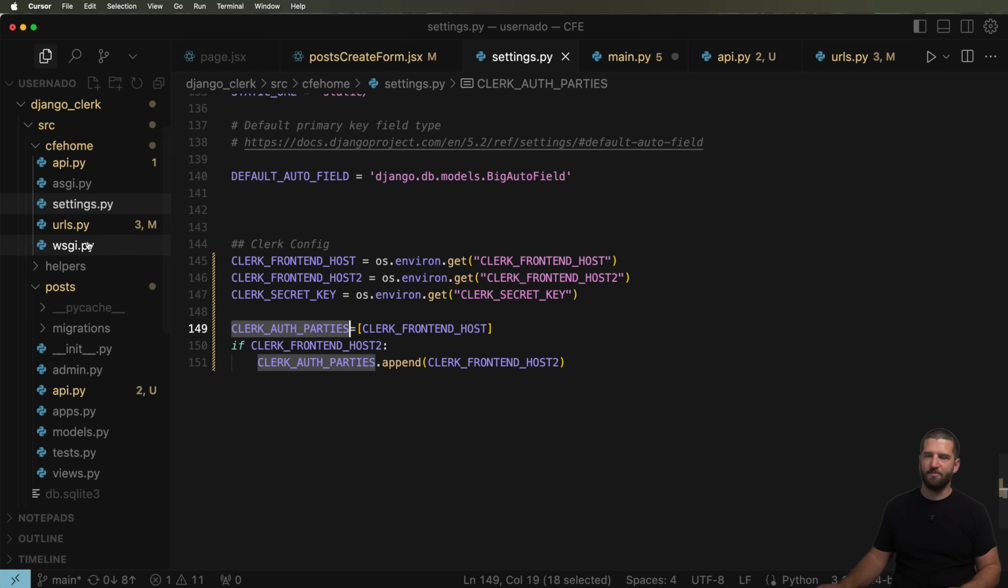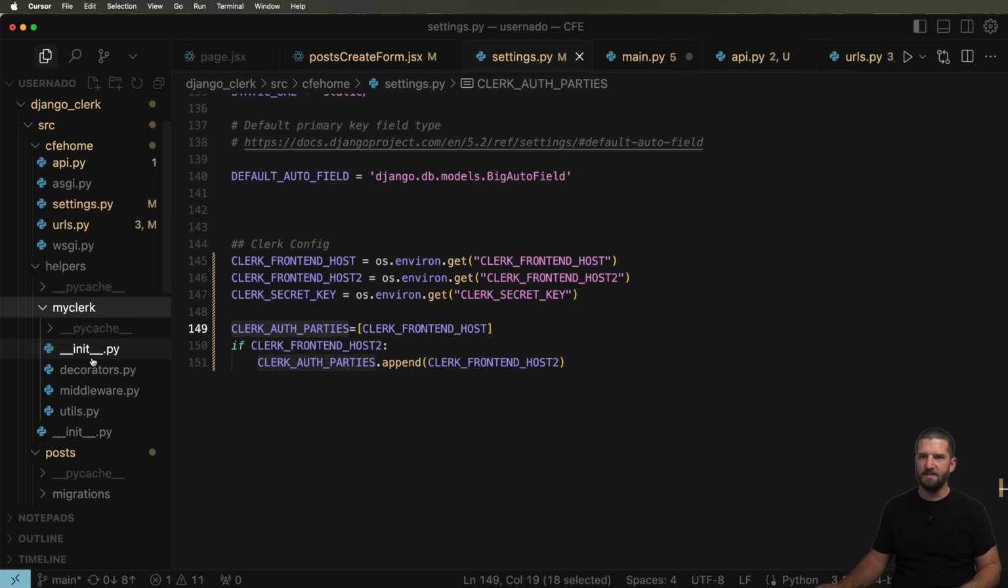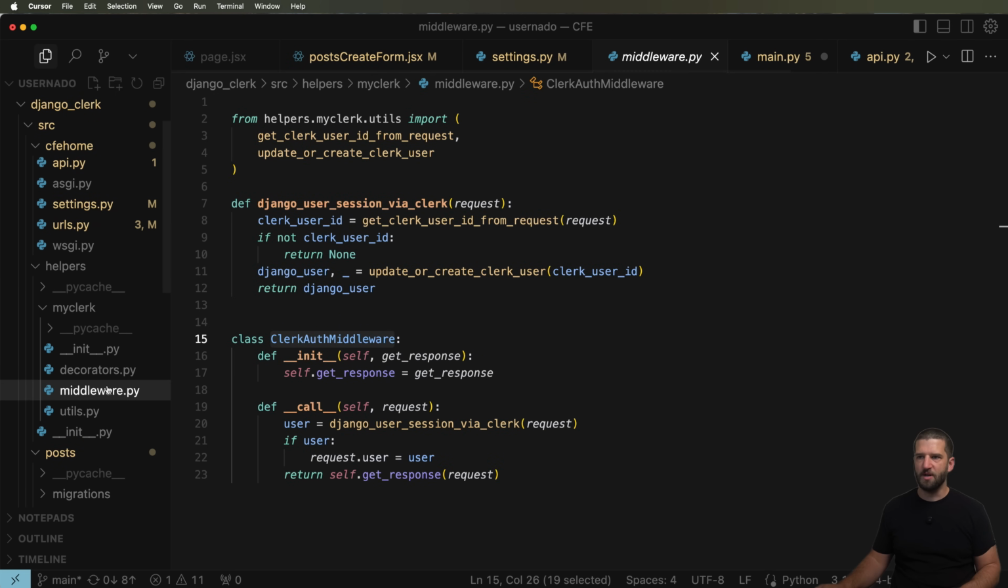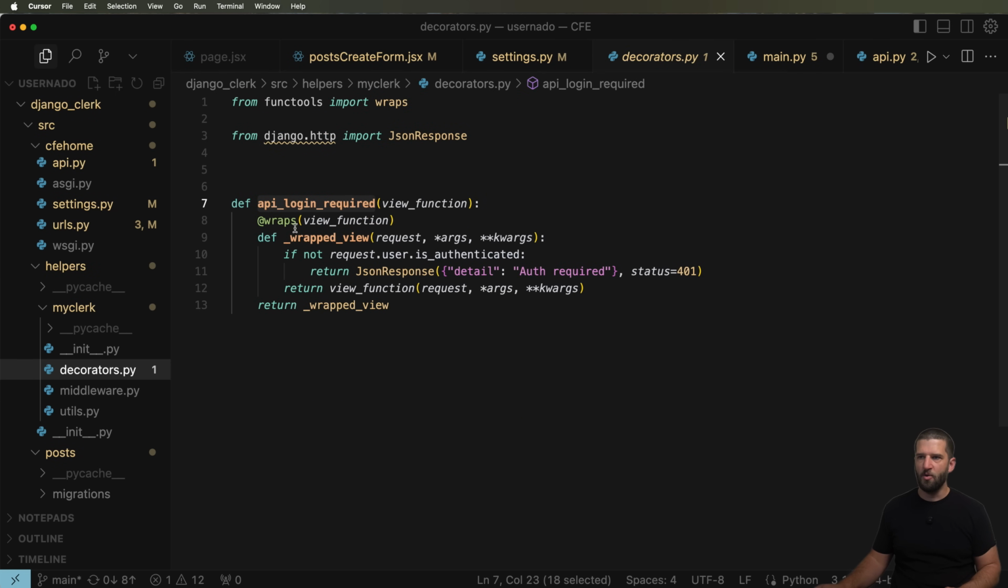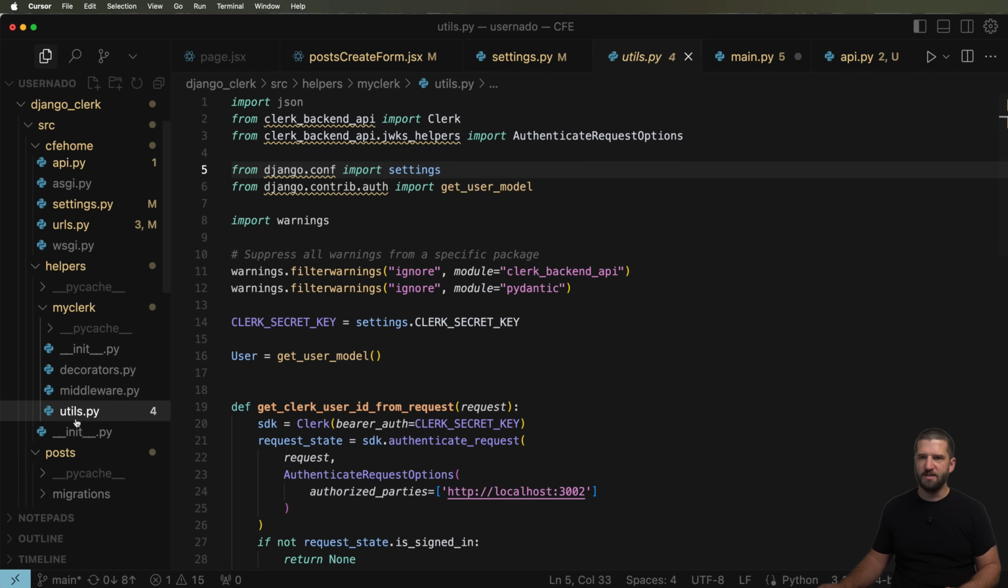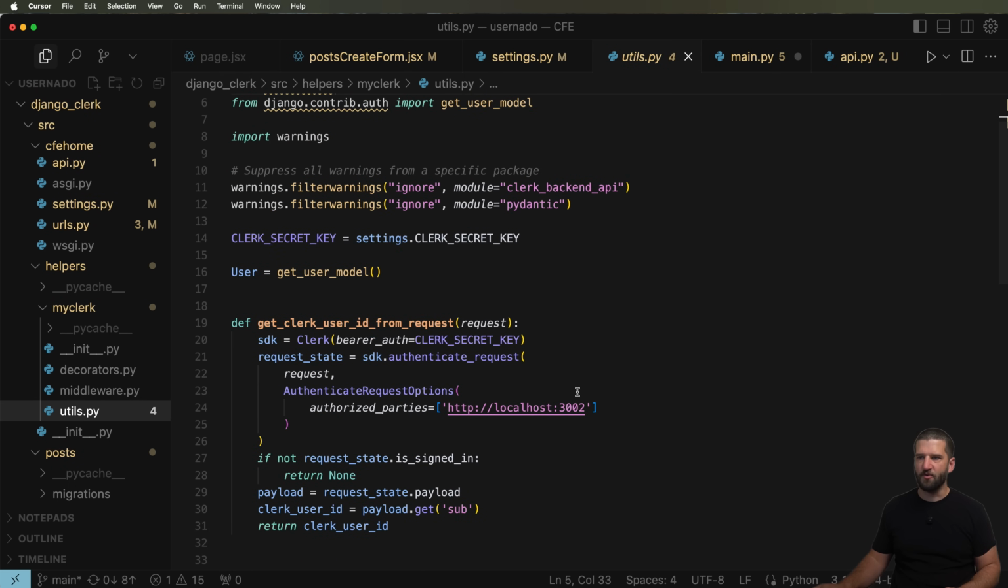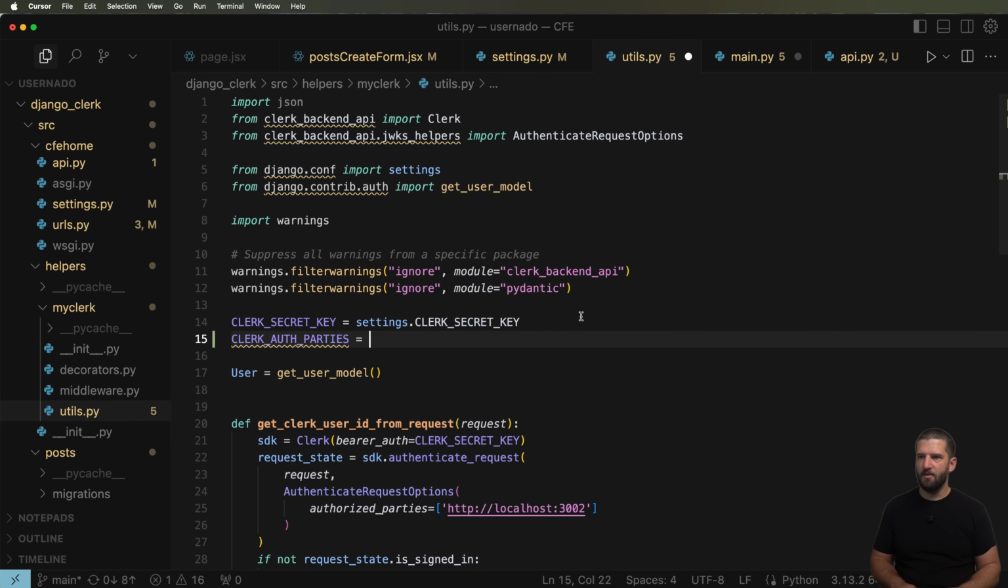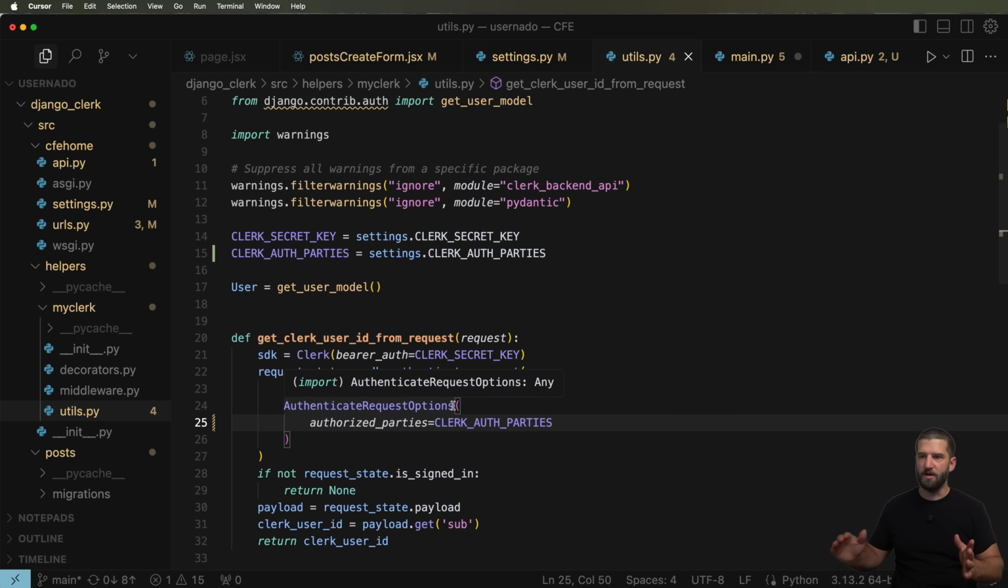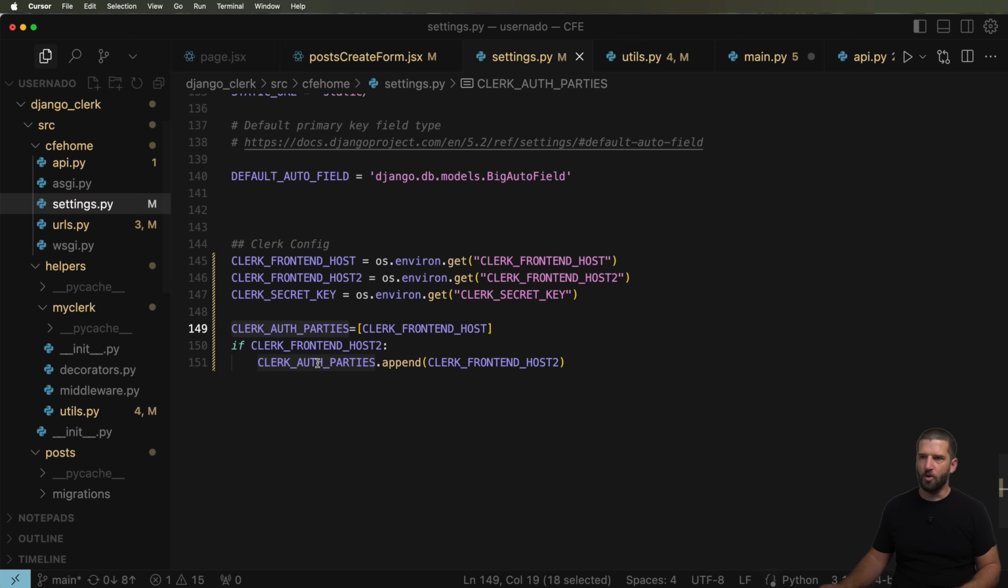And with these auth parties here, we should be able to update our Clerk call, which I believe was in our decorator. We've got a wrap view in here for the login required, which is not quite it. And our utils here, there it is. So there's our authorized parties. So once again, settings.authorized parties here, and then we'll use that. That would allow for both the React and the Next.js application to work, assuming we have those environment variables, which